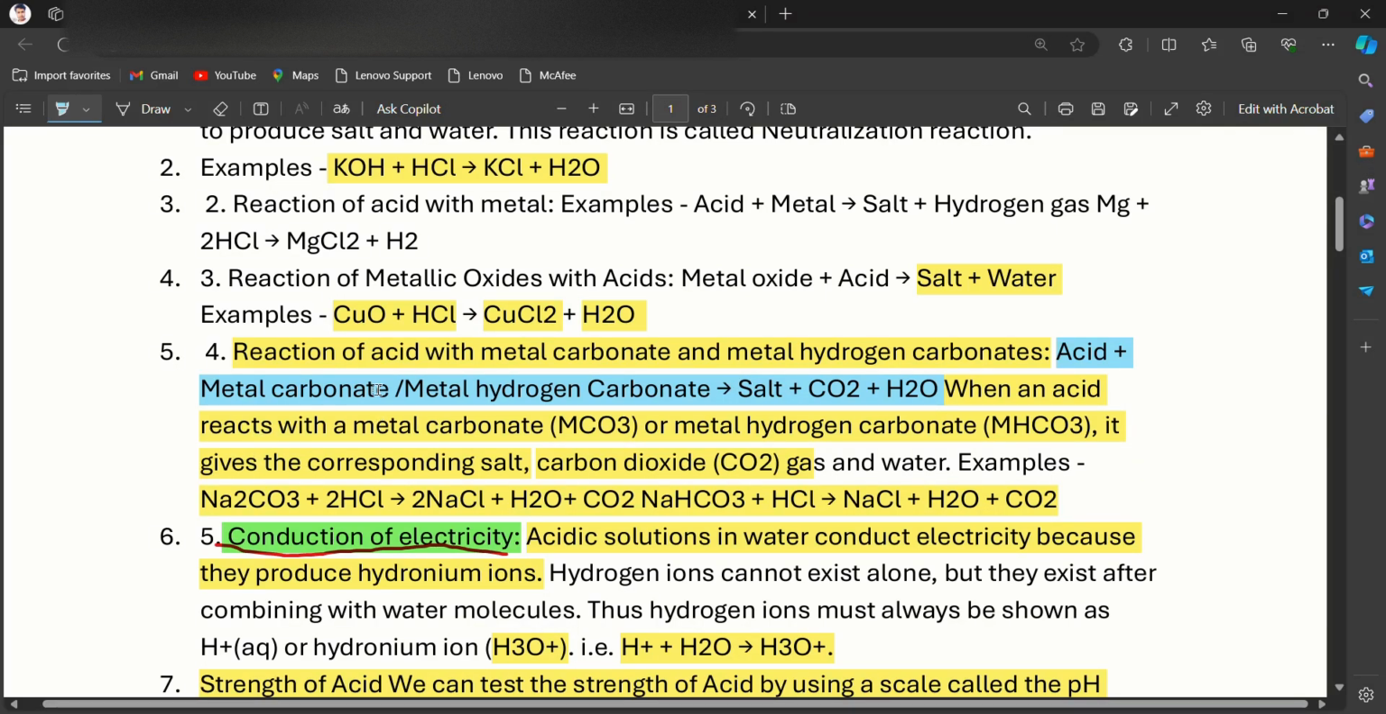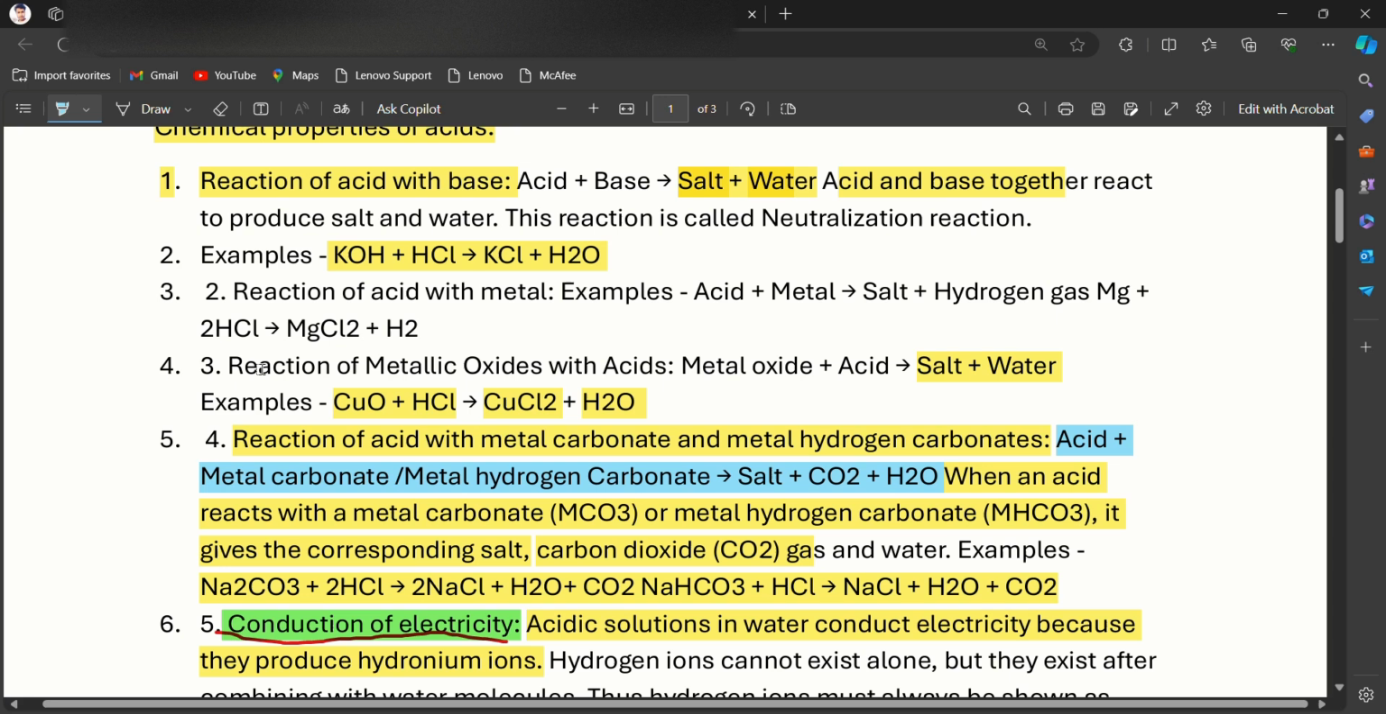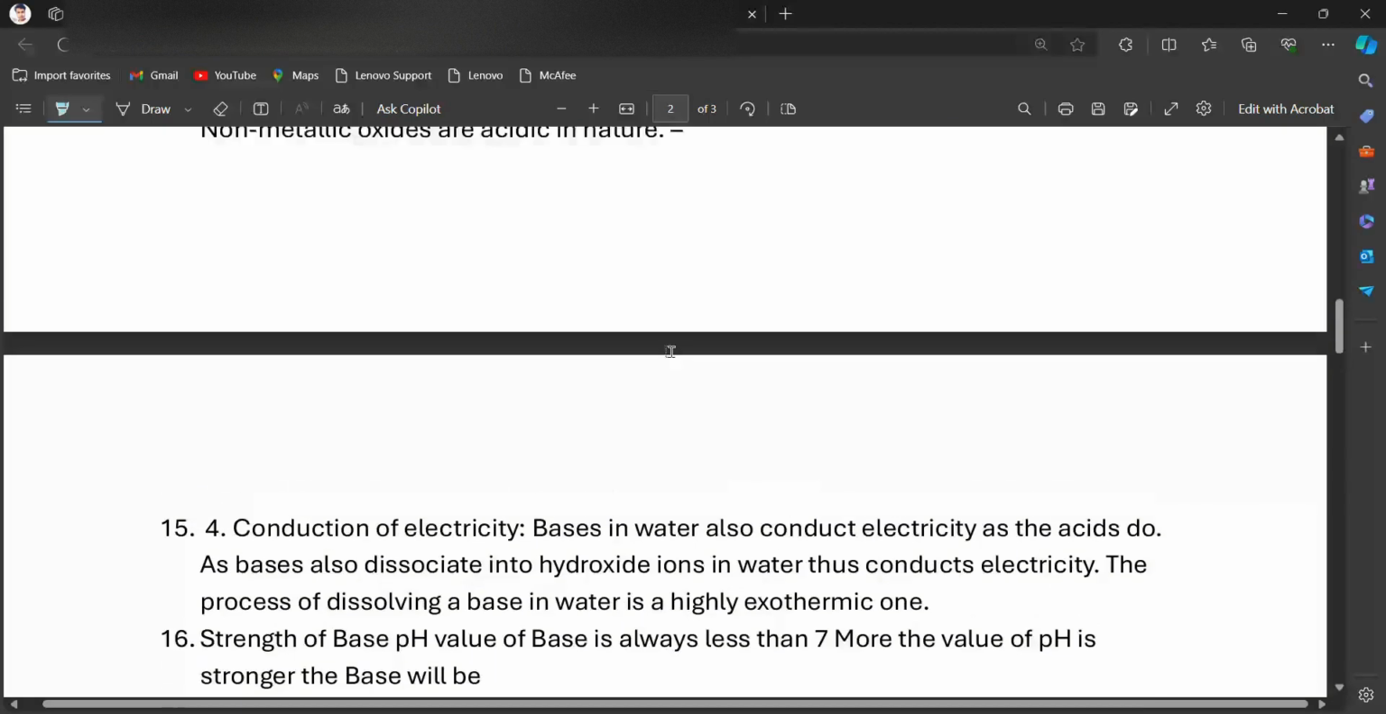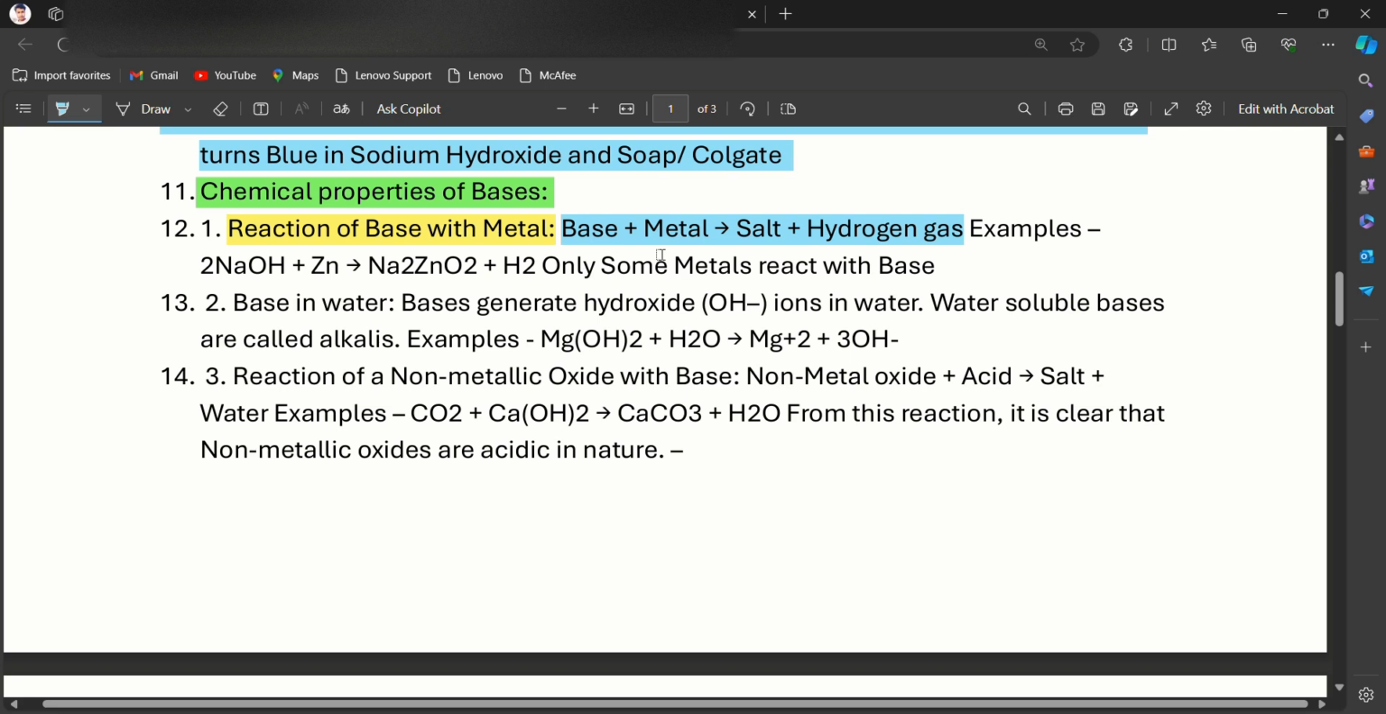Let's see what acid will give. Acid, reaction of it with metal carbonate and metallic oxide and metal. Okay, when acid plus metal gives salt plus hydrogen gas, that was it. Same with base: base plus metal gives salt plus hydrogen gas. Okay, here is the example of your reactions. Base in water, simply H2O has H plus and OH